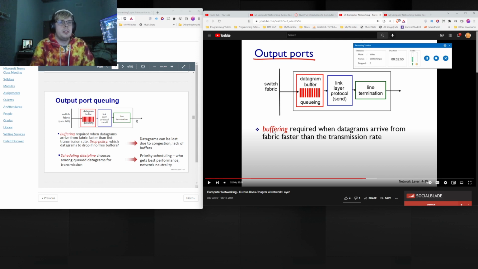Priority queuing, who gets best performance, network neutrality,